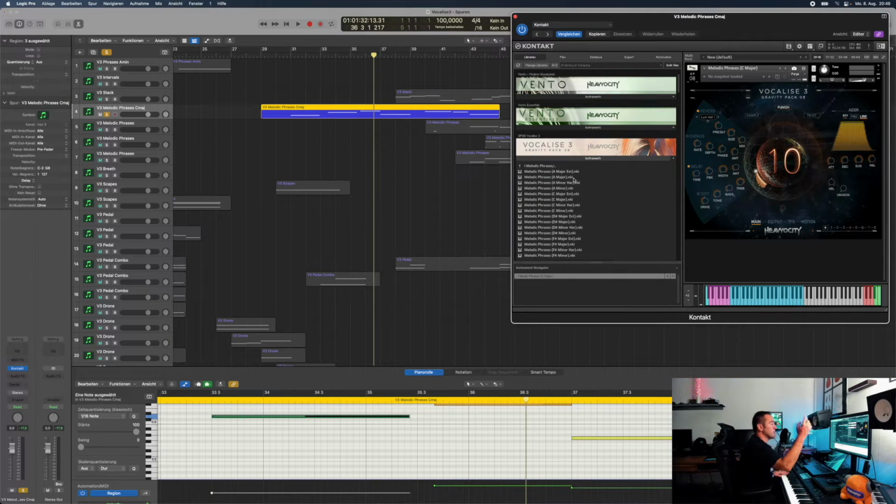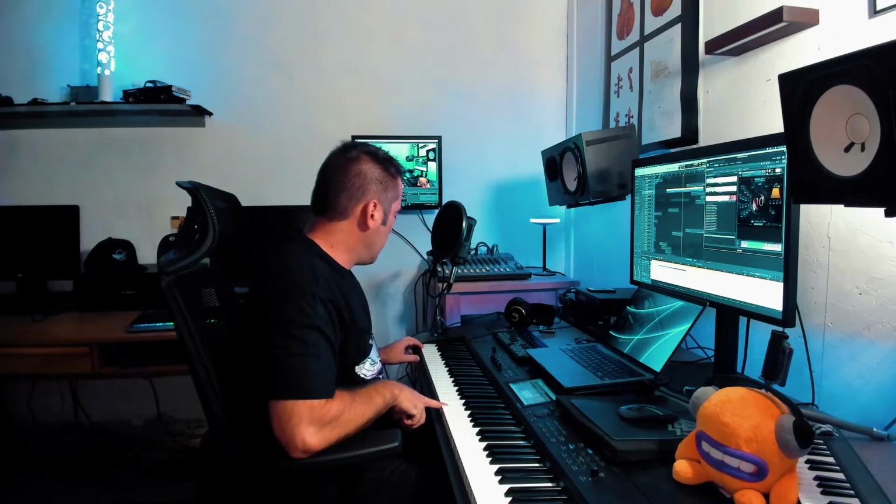So if you look at them, there's the A major, the A minor, the A major extended, and every key has a different melody. Because it's one thing to have a true legato and you can play it. It's a completely different thing if the melodies are already sung, because they are way more natural, and there's such a broad variety in this library that for sure you won't get bored, and there are many keys covered, and you have the possibility to modulate them with key switches.